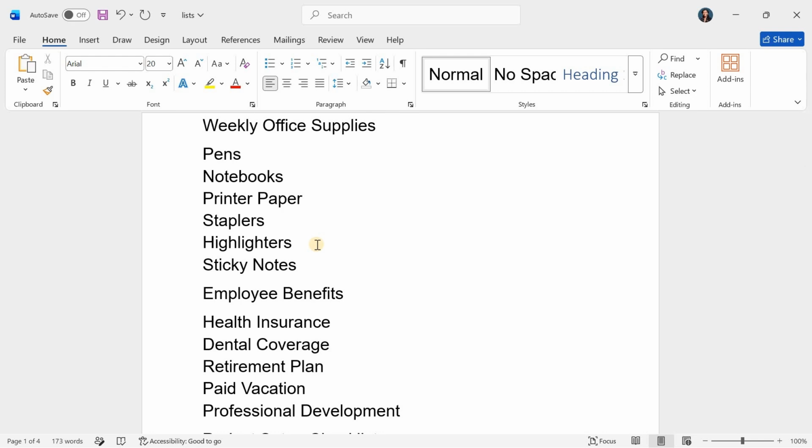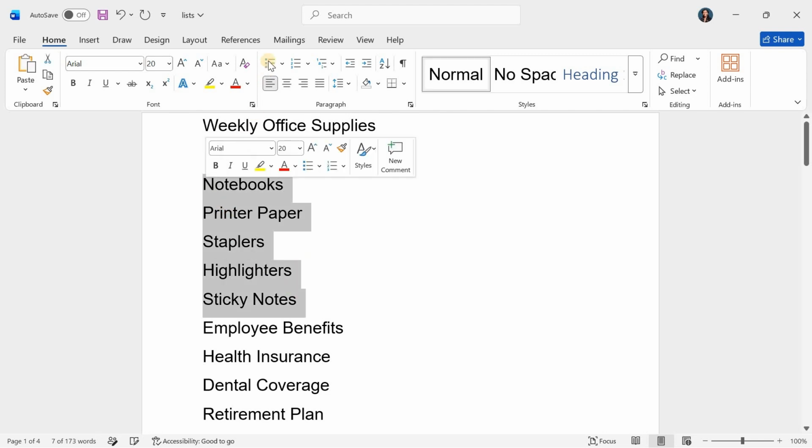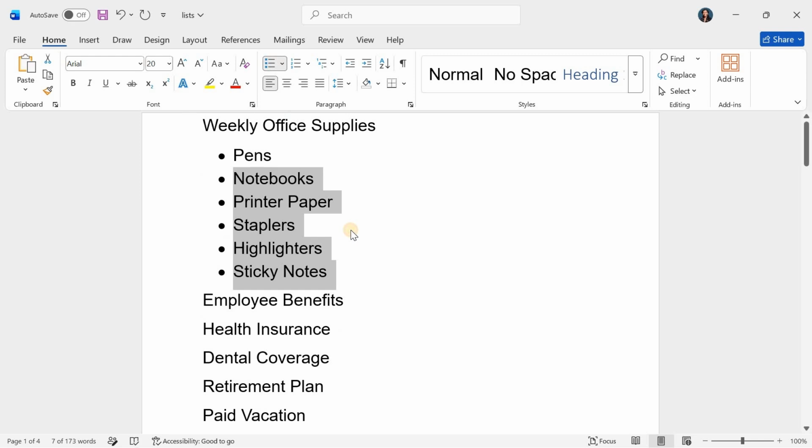First, let us look at how to create bulleted lists. To create a bullet, I'm going to put my cursor here where I want to put the bullet, and then I'll come here. You can see it has bulleted lists and I'll just click on it. Now you notice that it's only created the first value as a bullet point. What if I want all these to be bulleted? So what I'll do is highlight all that